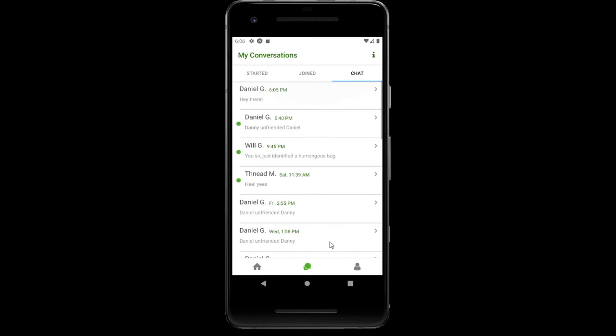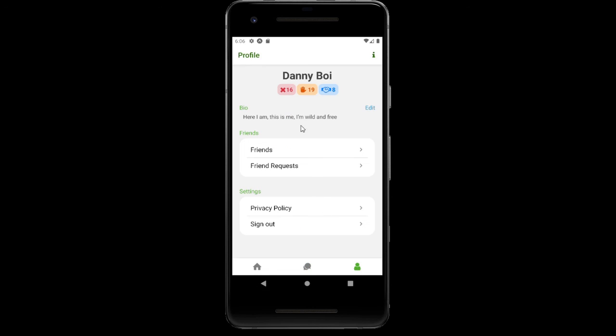Anyway. And then this last section here allows you to see your very basic profile, and a profile is very simple. It essentially consists of your first and last name, your 3 numbers, a 1 to 2 sentence bio, and then you can also see your friends.